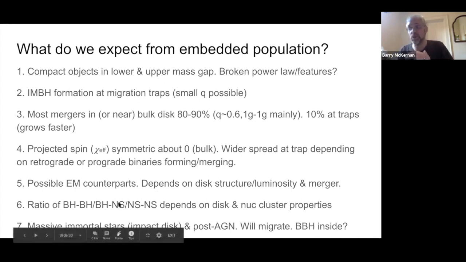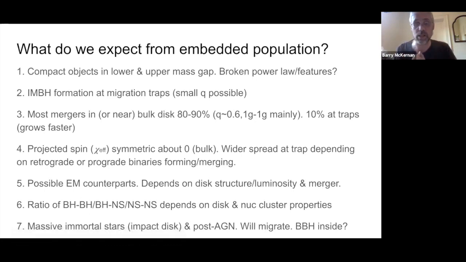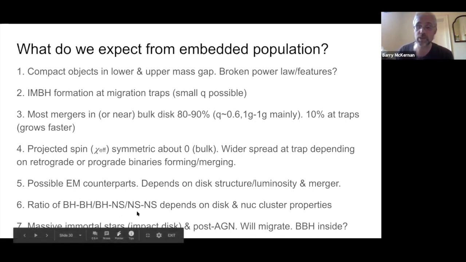The ratio of different kinds of mergers can tell you something about the AGN disk, but also the nuclear star cluster it's in. And these massive blue straggler stars impact the AGN disk and the post-AGN. Okay, so